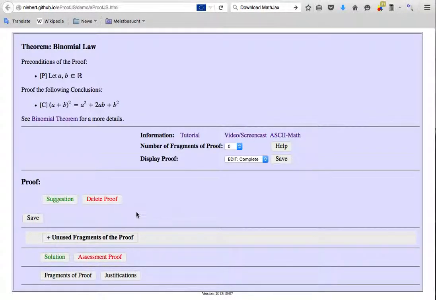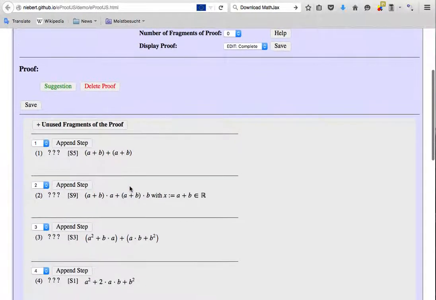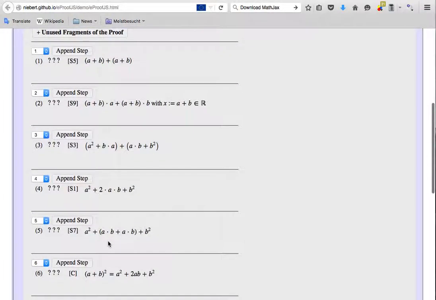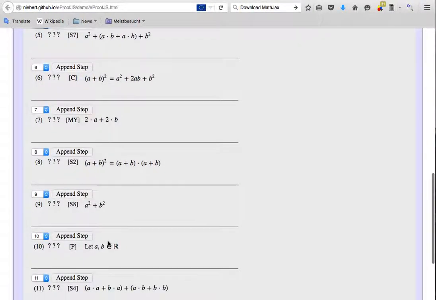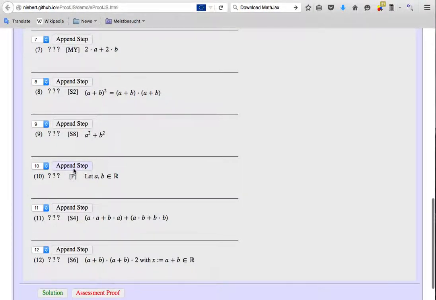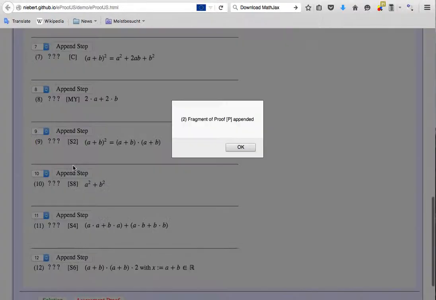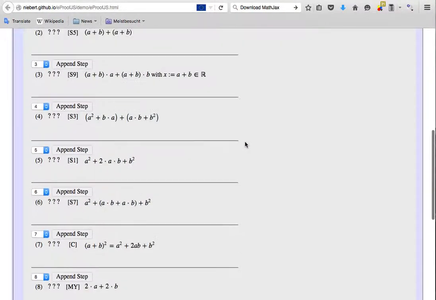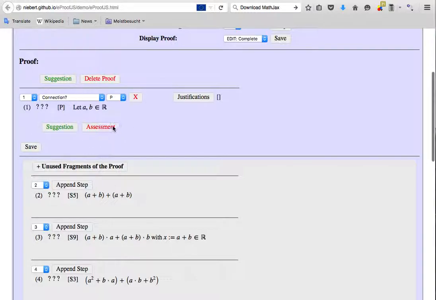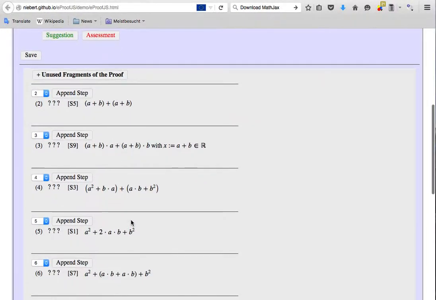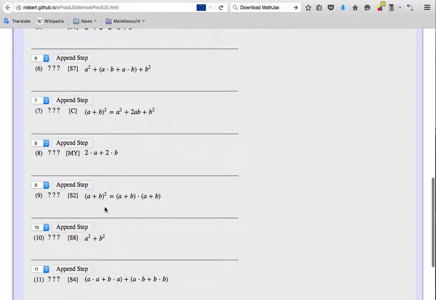They can use them and add them to the proof. The proof will be shown here, and step by step they can add several proof steps to the environment. So we start with "let A be elements of the real numbers", and then the first step will be available here. The next step will be selecting